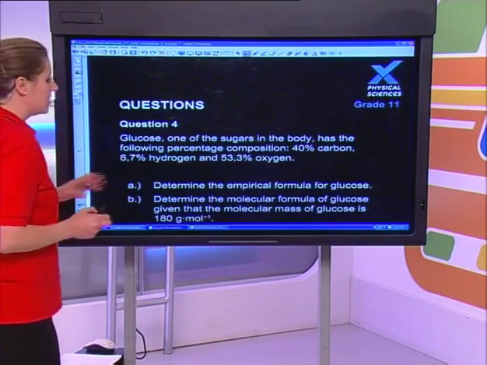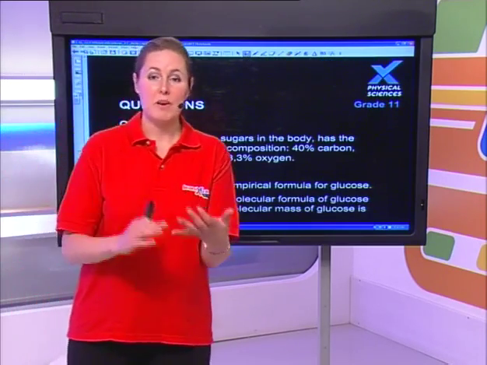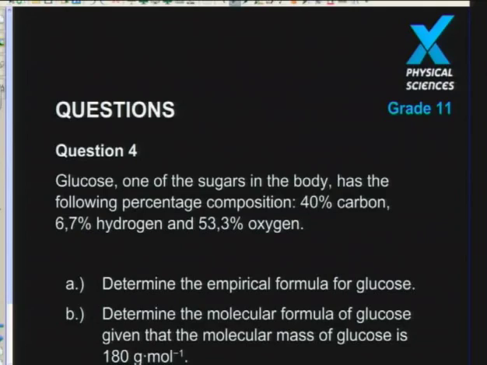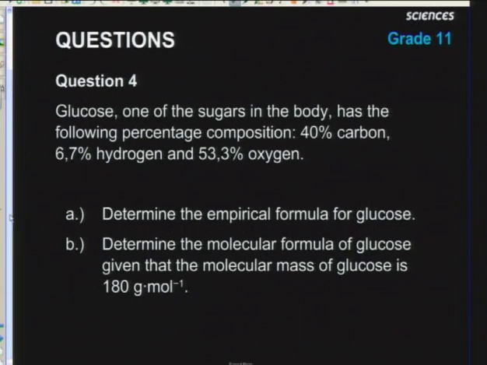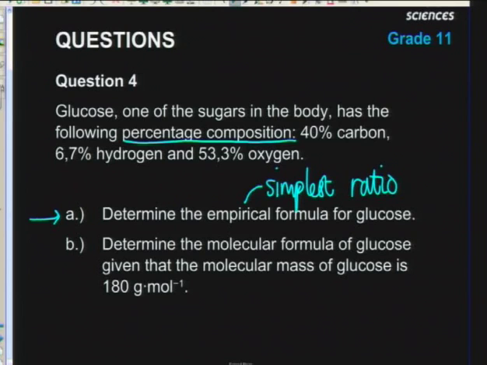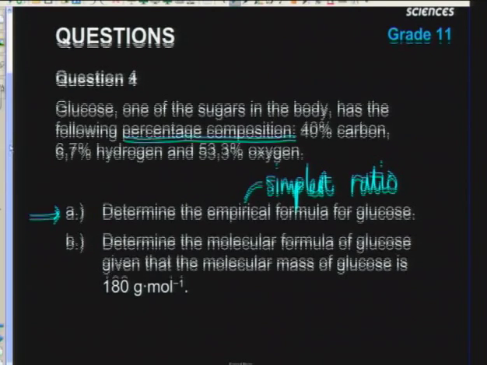Let's go across and work on some questions based specifically on empirical molecular formula. So let's go. Question 4. Glucose. One of the sugars in the body has the following percentage composition. That's helpful. 40% carbon, 6.7% hydrogen, and 53.3% oxygen. Determine the empirical formula for glucose. So empirical formula, you're thinking simplest ratio. Right? Then part B, determine the molecular formula. Well, let's go for it with our